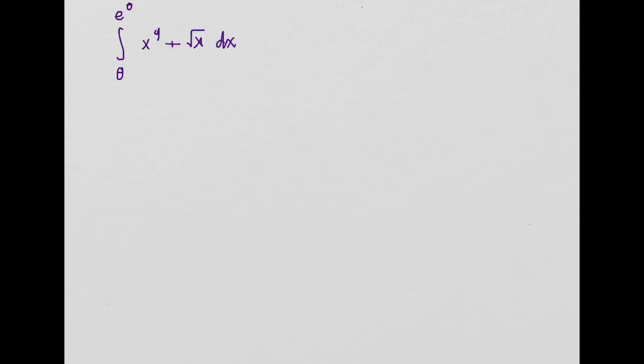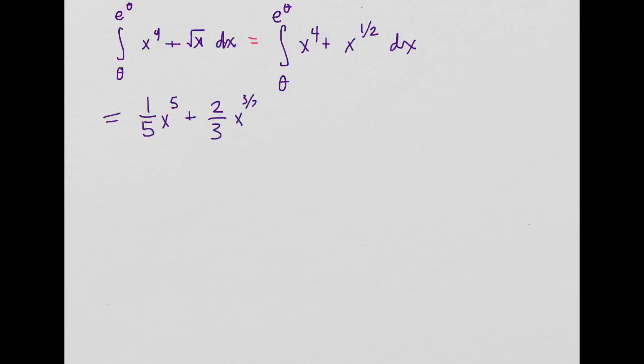So let's actually solve this. And so we're going to rewrite it because the square root of x is kind of a challenge. Oh, let's go back to the purple. So we're going to go from theta to e to the theta of x to the fourth plus x to the 1/2 dx. And so the antiderivative of that is going to be 1/5 x to the fifth plus 2/3 x to the 3/2 when you take the antiderivative from theta to e to the theta, which is equal to, I'm going to go to the next line, which is equal to